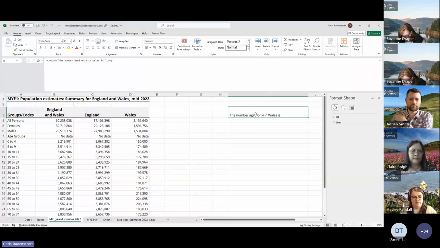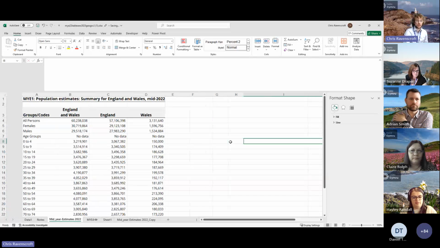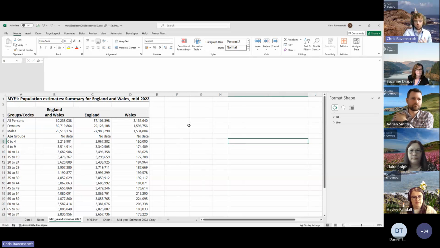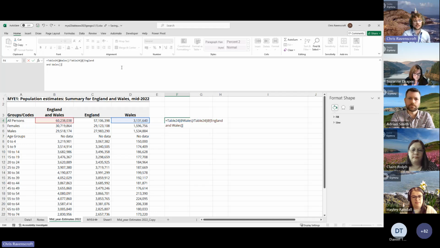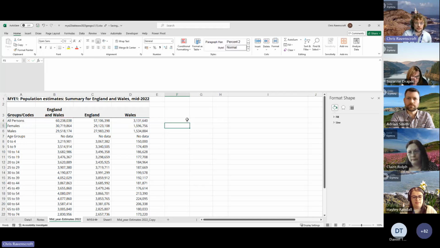Yeah, that's absolutely fine. So I'll just share my screen real quick. For a percentage, all you're doing is dividing one number by another. So for the formula for that, for our Wales divided by England and Wales, all we do is press equals, then press the cell we want, and then go for a slash, beneath the question mark at the bottom of your keyboard, for a divide, and click the other cell, and it has, what